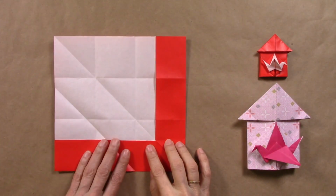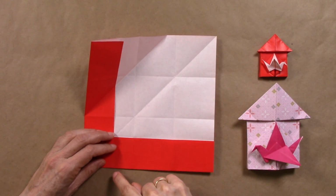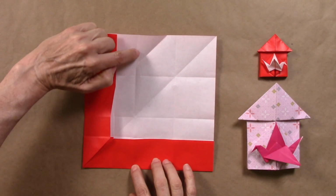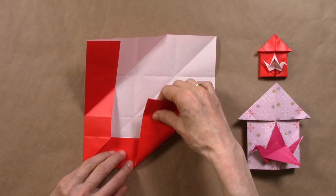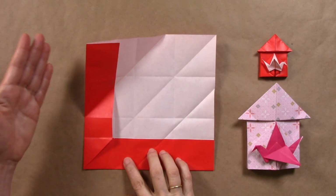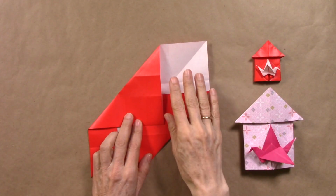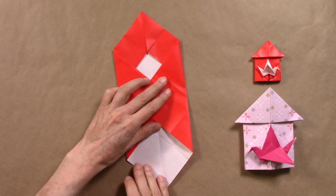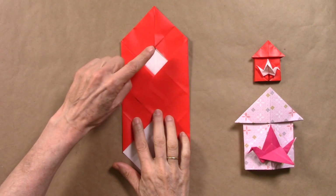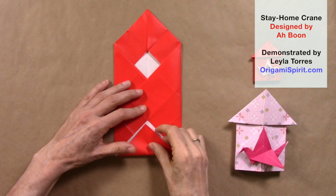We are going to unfold, rotate clockwise, and we are going to make a fold about here by bringing this edge to this vertical crease. Then we fold this back and we fold this over. We rotate this so that this large square is pointing down and the tiny one is there. We are going to make a fold connecting these two corners